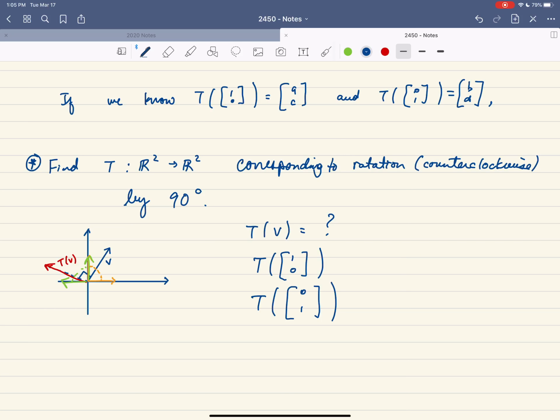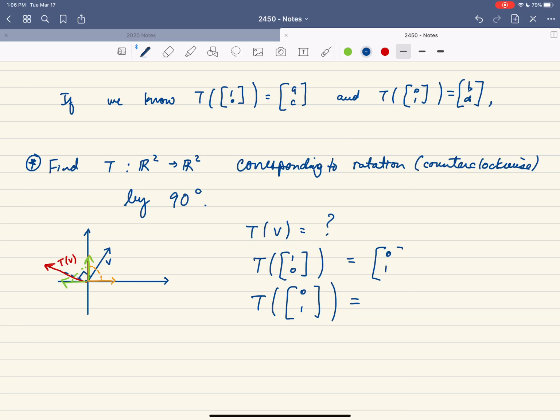And again, for the reasons that we talked about before, by linearity of the linear operator T, and by the fact that (1, 0) and (0, 1) is a basis for R2, if we know those things, we know everything. We know everything about the linear transformation. We know where any vector sends any other vector. Okay, we have a complete map. So we need to figure out, we know that this orange vector (1, 0) is going to get mapped to